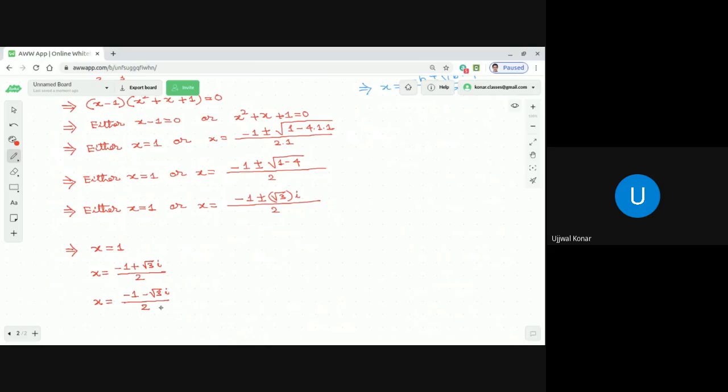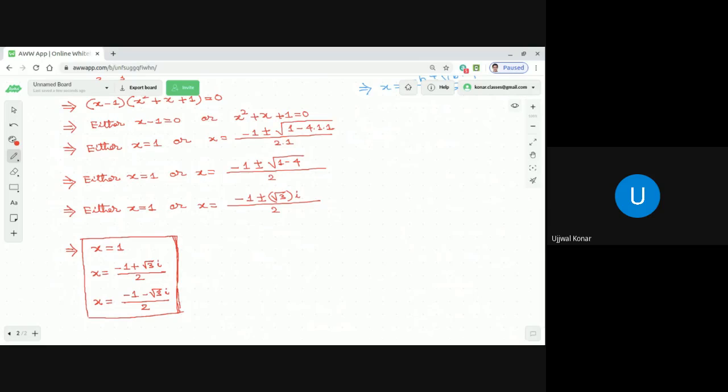Now let's go back to the equation. x cube equal to 1 was our equation. And we know from the polynomial equation that a polynomial equation of degree n has at most n roots. And these are the three roots, as it is a polynomial equation of degree 3. You know, dear students, when I say a polynomial equation of degree n has at most n roots, that means it can have either n roots or less than that. Sometimes we get less than that when we have the same root repeated multiple times. So these are the three values of x that we get.